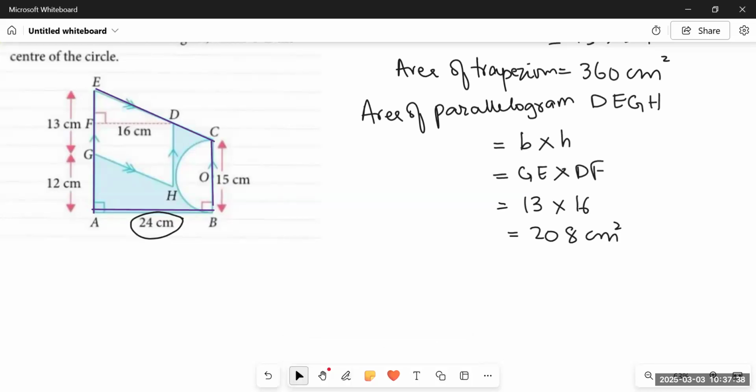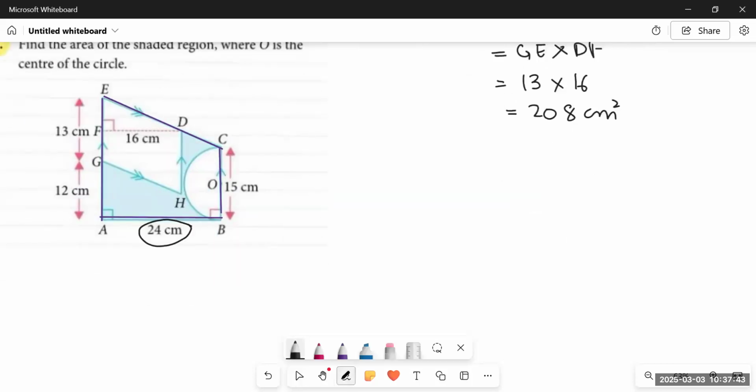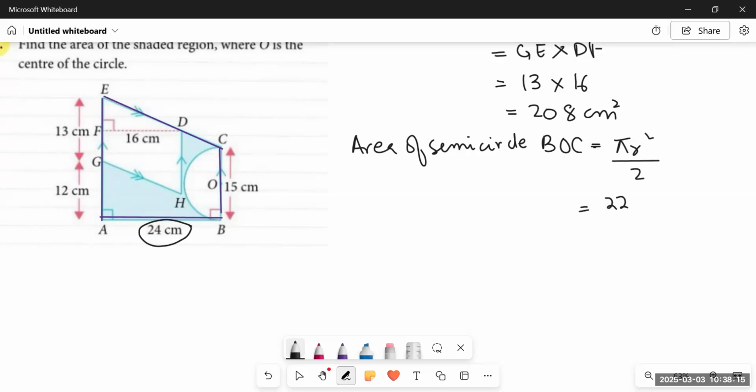And if we go for the area of the semicircle BOC, the formula for this is, since we know the area of a circle is pi r square, and if we divide it by 2, it becomes the area of a semicircle. So in this case, what are we going to do? We will write the value of pi, which is 22 upon 7,